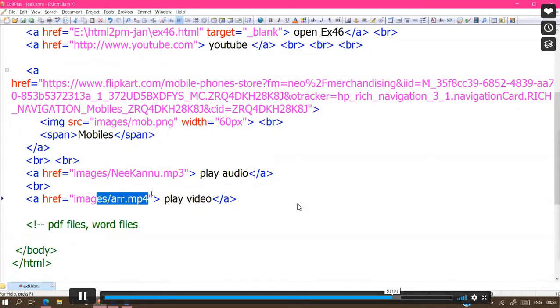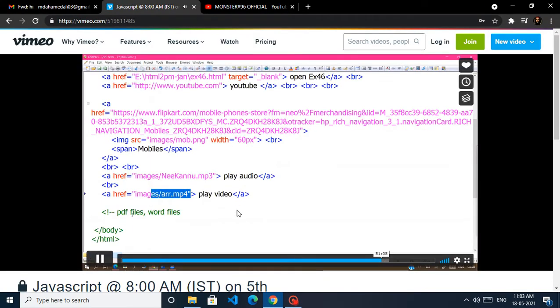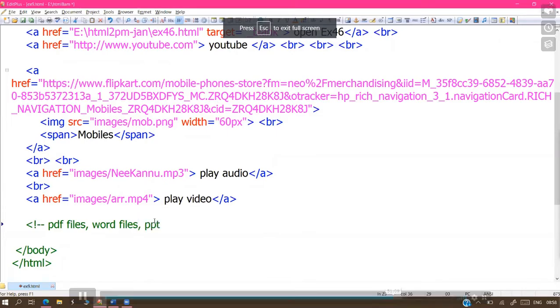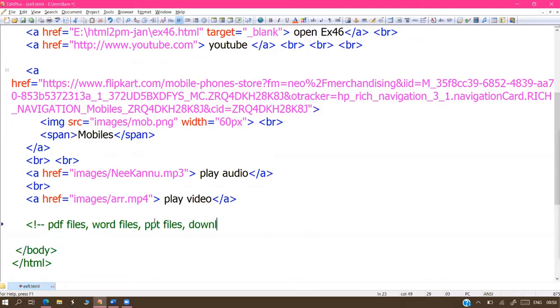That's all. It's real. Regularly we face and work with this on our websites also: PDF files, MS Word files, PPT files, and we are downloading some software. Downloading movies or software, that is also the anchor tag only. Whatever you are downloading from the internet, everything comes through the anchor tag only. 100%, sir, whether you believe it or not.